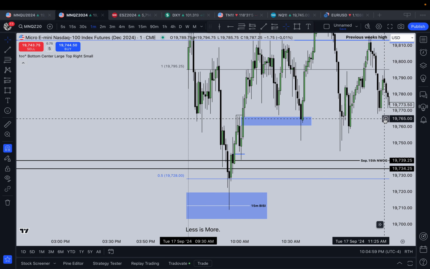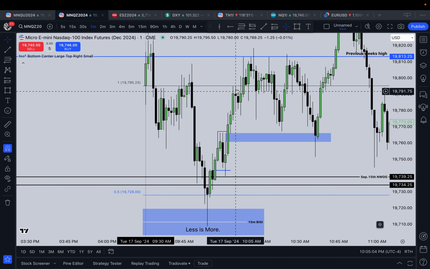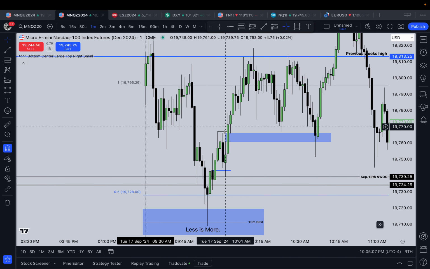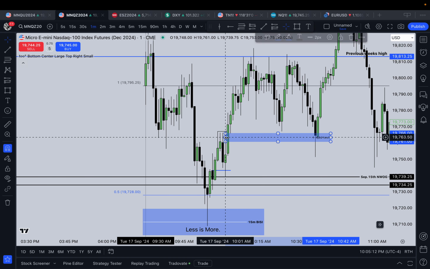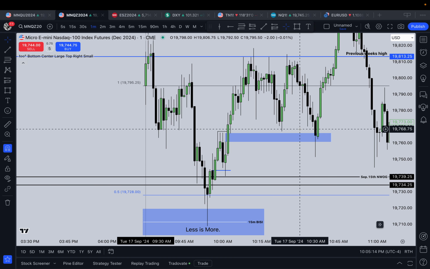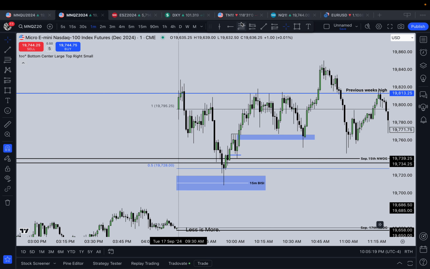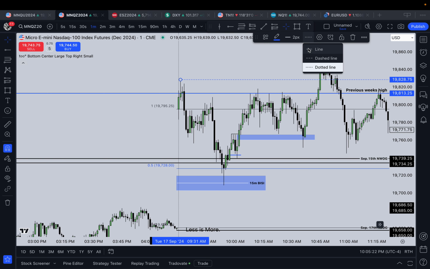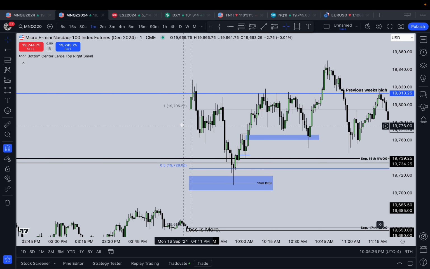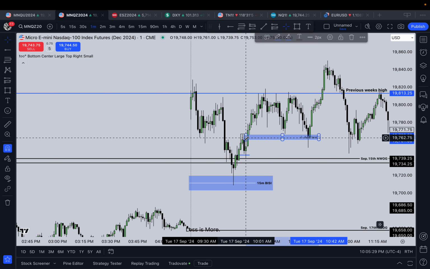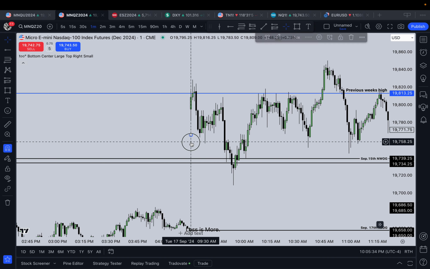Because look, if we go throughout here, no fair value gap, no fair value gap, no fair value gap. There are no other fair value gaps on this run up except for this one. And then we drop down, take out sell side right here, drop down into that fair value gap, and then run back up for the 9:30 high. So that right there could have also been your setup, right? So there's two setups right there that you could have taken based off the model that I just gave you guys. So yeah, that was pretty neat.